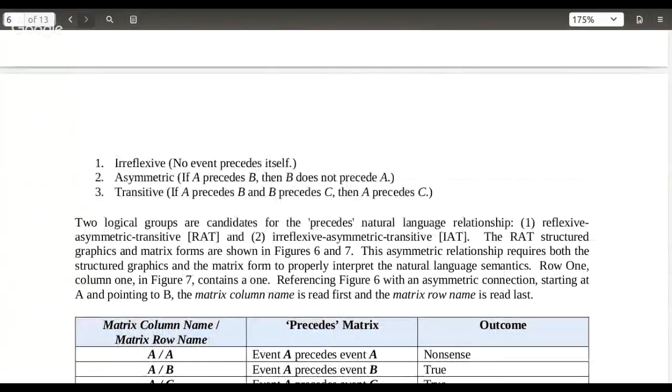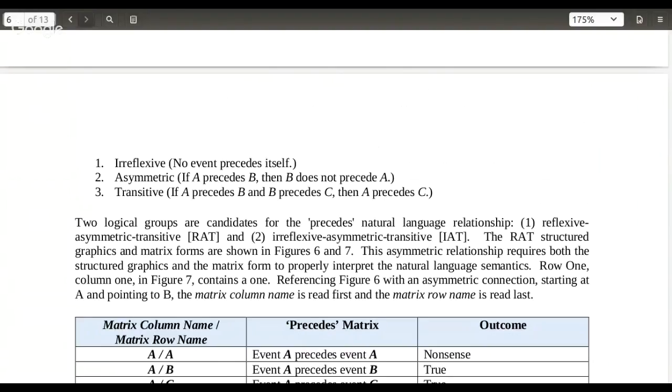So, we come up with irreflexive for precedes, no event precedes itself, asymmetric, A precedes B, then B does not precede A, and transitive. And so these are fairly simple types of natural language tests that you could pass out and ask people to answer the question,